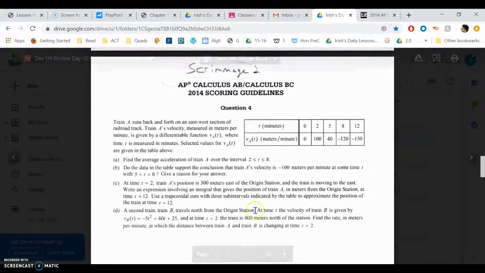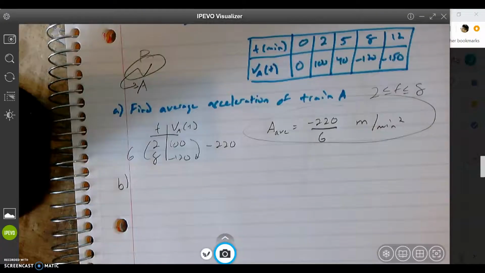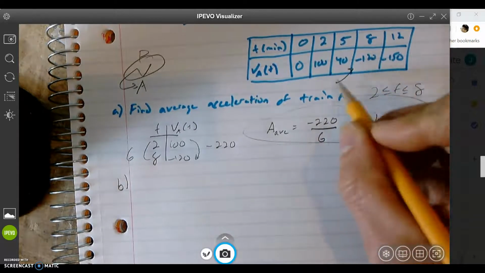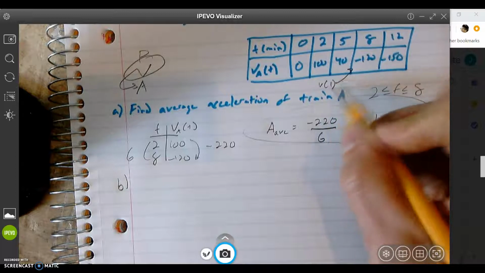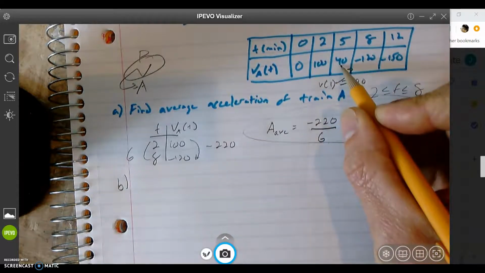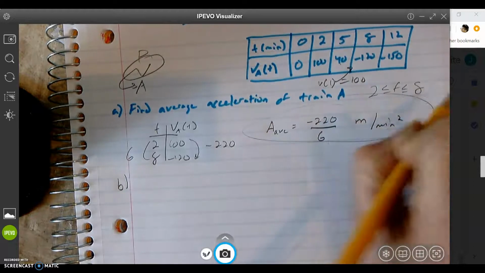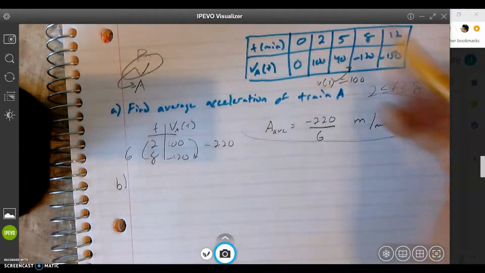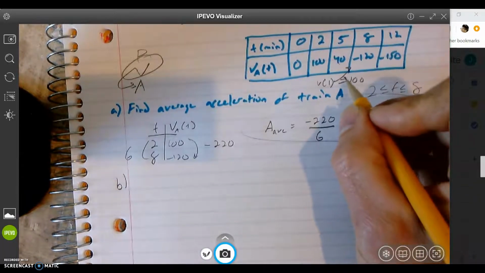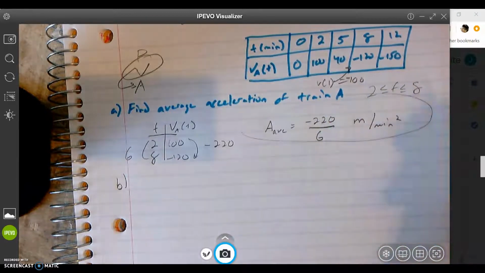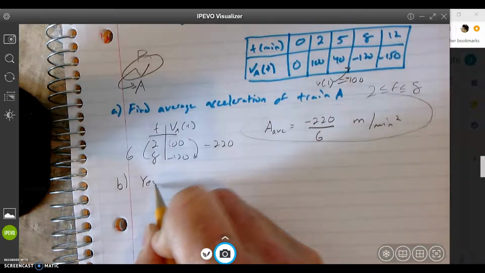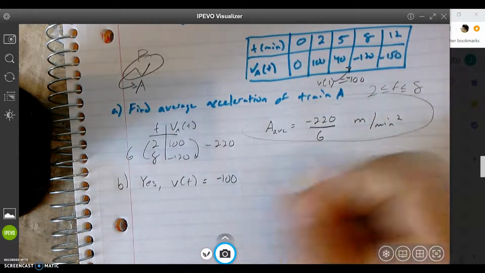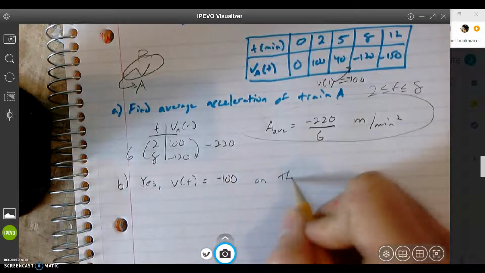Okay, so let's look at our chart. Between 5 and 8, will the velocity ever equal negative 100? Yes, because if you go from 40 meters per minute going to the right, going east, and then you go to negative 120, that means sometime you have to hit negative 100. Sometime you have to hit negative 100. So yes, V of t will equal negative 100 on the interval